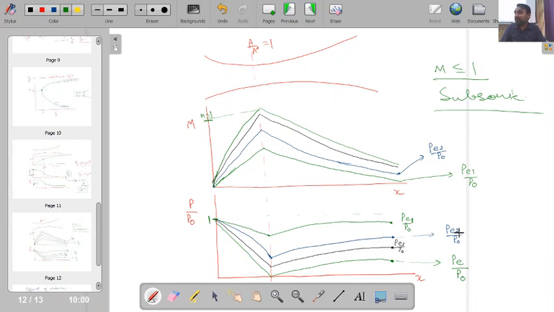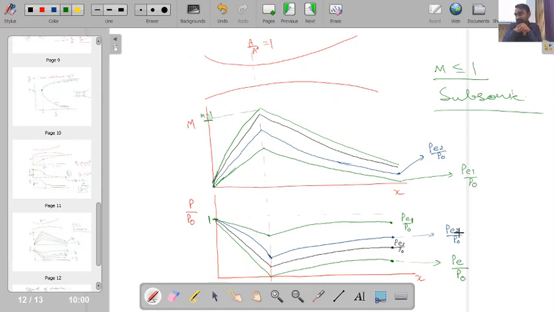Is this one clear, what I am saying? If you change this pressure drop across the nozzle, then you will be able to achieve different isentropic situations. And for all these situations our Mach number is less than or equal to 1. So for Mach number less than or equal to 1, particularly for subsonic situation, if we control the pressure drop, then I will be having an infinite number of solutions possible for this equation whatever I have just derived in the